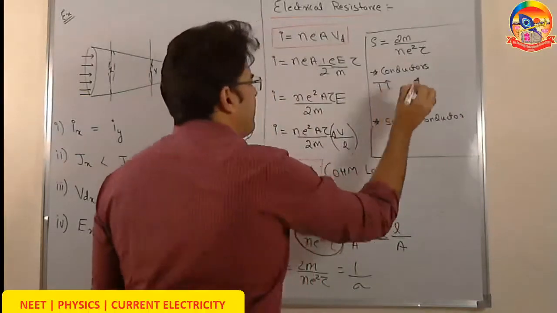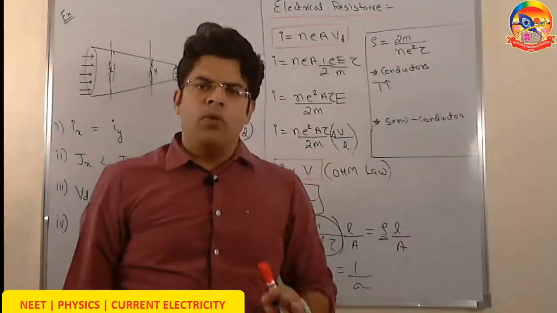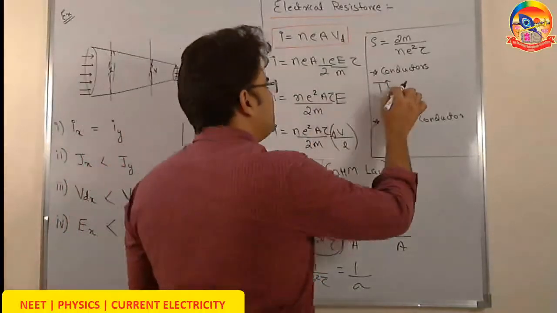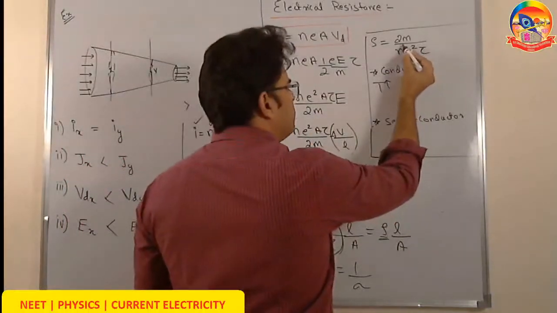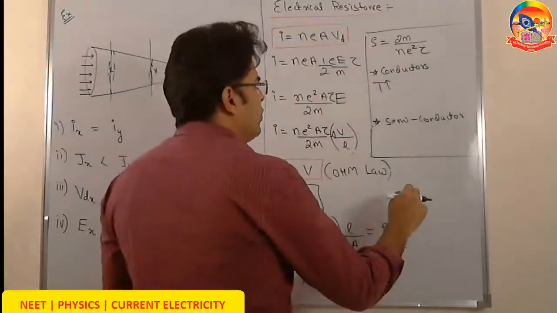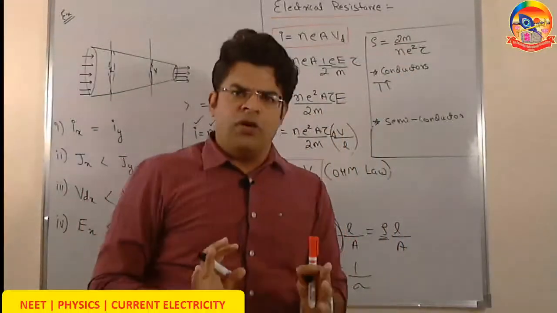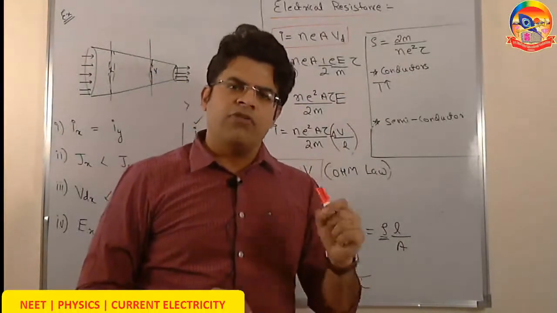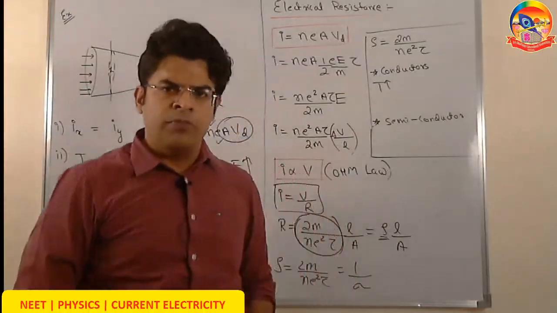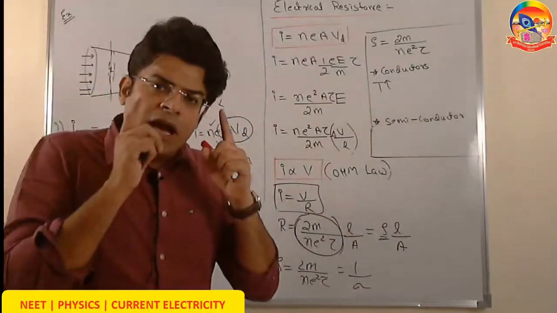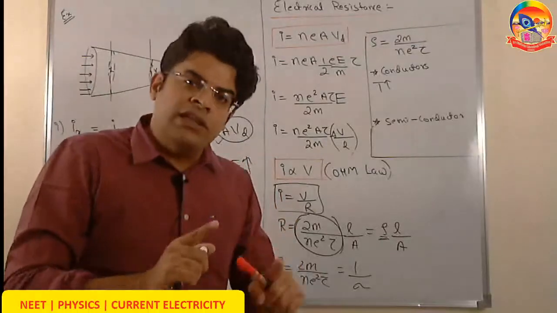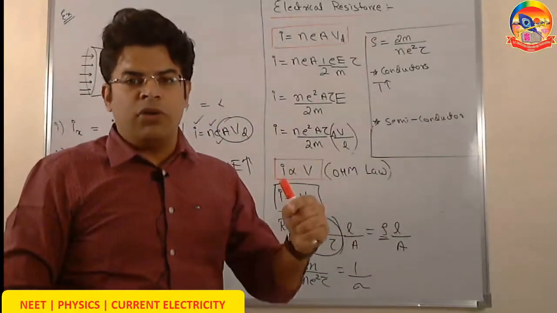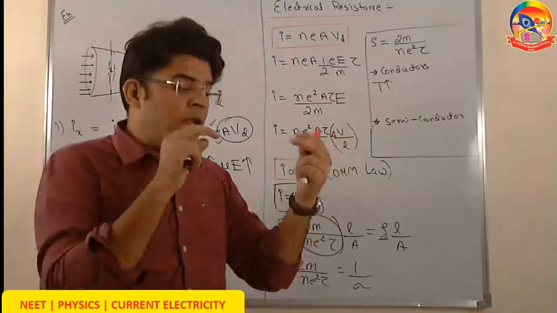When you increase the temperature, no doubt more electrons move from the valence band to the conduction band. No doubt when you increase the temperature, the number of free electrons per unit volume increases. But in case of conductors, double damage happens. Conductors are the substances which already have a huge number of free electrons per unit volume. When you heat it up, there are more free electrons now in the conduction band, as well as those electrons have gained more energy because of more temperature, so they collide faster.